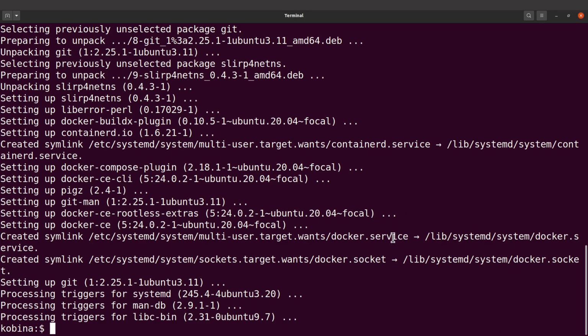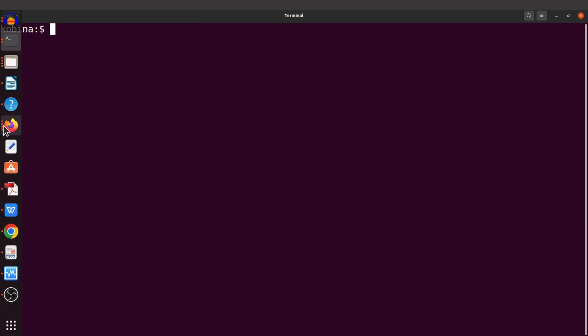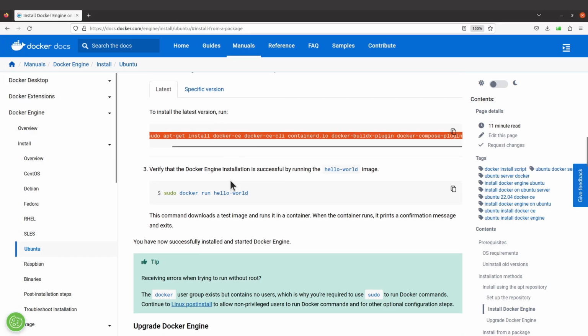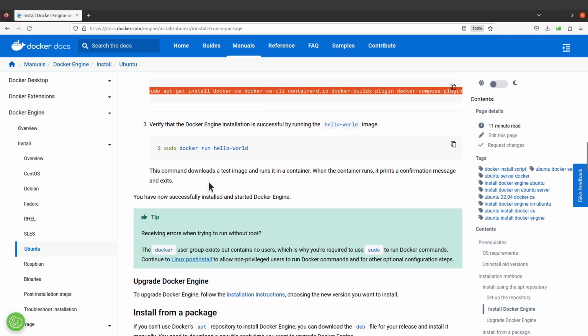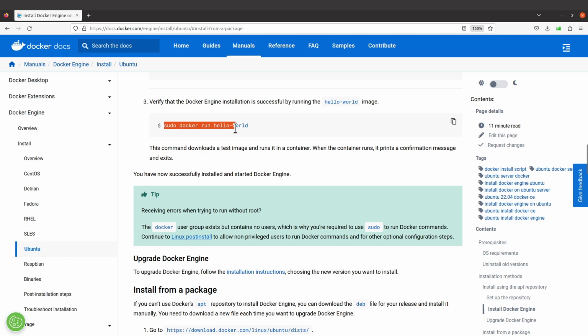So let's take a look at the next activity. Let's clear the screen first. So let's take a look at what we are supposed to do next. So once we are done with the installation, it says we have to verify that the Docker engine installation is successful by running the hello-world image. And so that one we can do it here. So we have to use this command. So I'll just copy and paste to test,